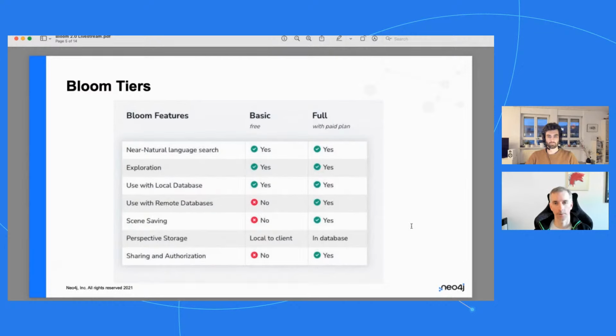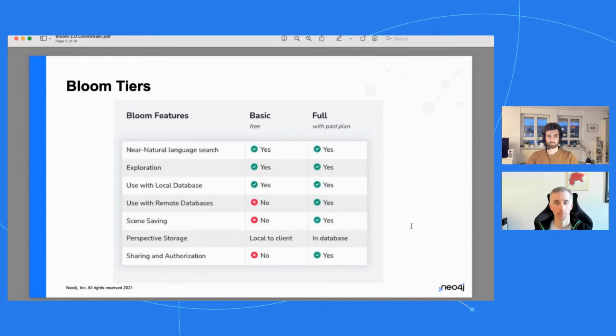So just to quickly go through what you get in both versions, you get near natural language search. We'll talk about the different ways that you can run searches and do some demos of those. You can do exploration, so what we call ad hoc exploration workflows, and I'll talk about that a little bit as well. So expanding nodes would be an example of something you could do in both versions,